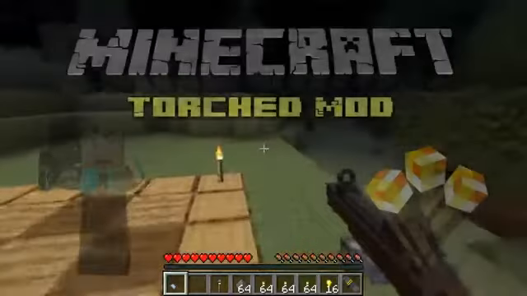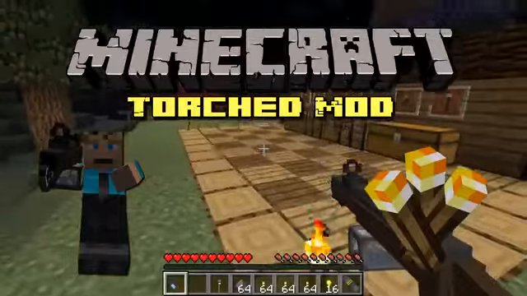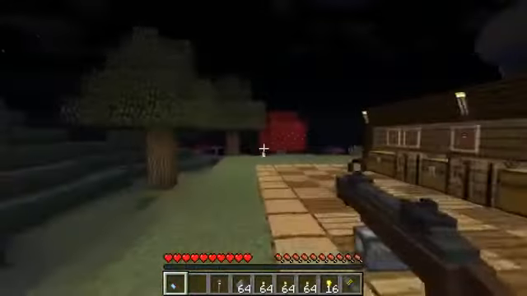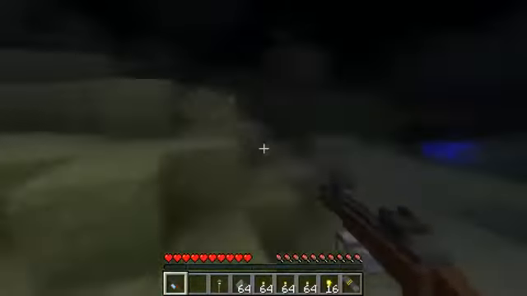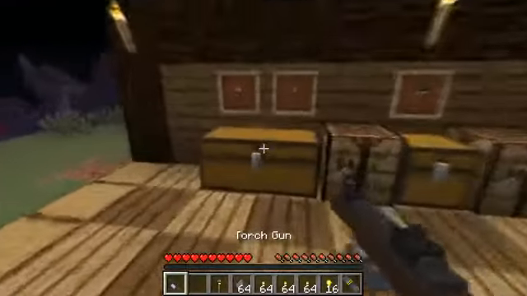Hello there, Wibber here, and today I'm going to be showing you a mod called the Torched mod, and this is quite an intriguing mod because it adds torch guns and torch rockets into Minecraft, which are really effective at lighting up massive areas in very small amounts of time, and they're also useful as weapons, which I'll get onto later. So the first item I'm going to show you is called the torch gun, and to craft one of these,